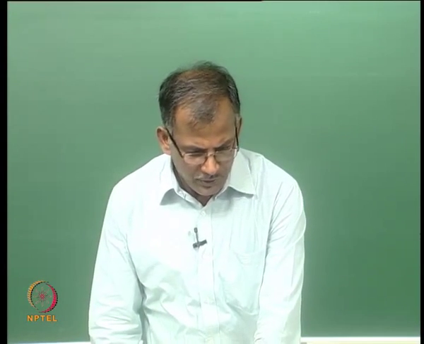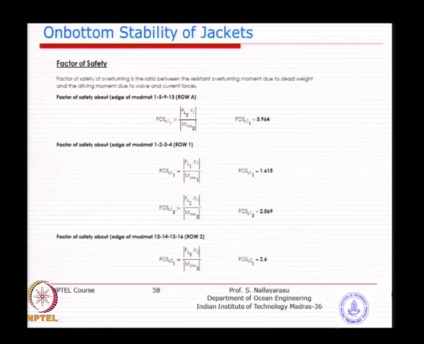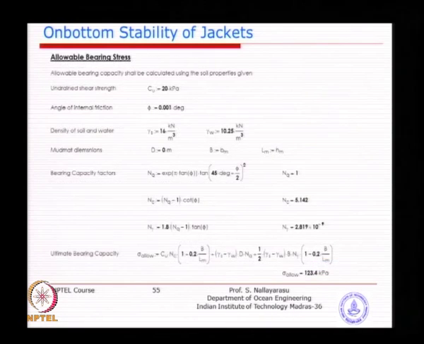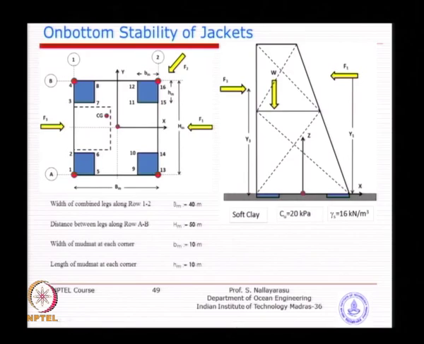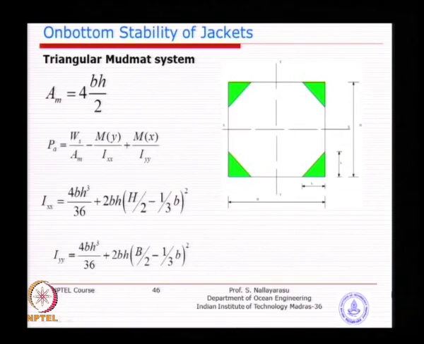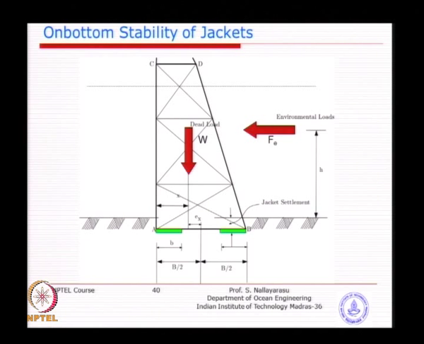One of the important things to understand in the overturning check is about which face you want to check the rotational instability. We will go back to the elevation picture, which will be easy to understand. If you are looking at instability about the line along the vertical face, because of the environmental load here, the overturning moment is F times H, which is going to cause the instability in rotation. The moment that actually keeps the jacket in vertical position is the distance x multiplied by W.